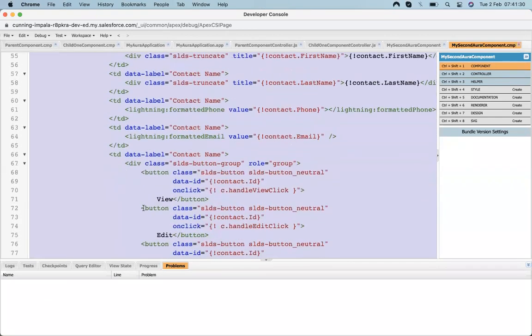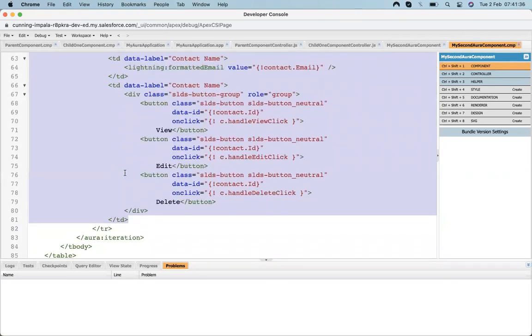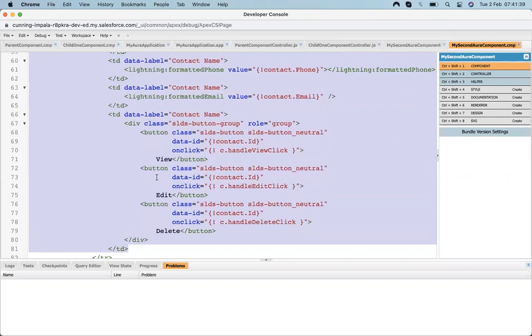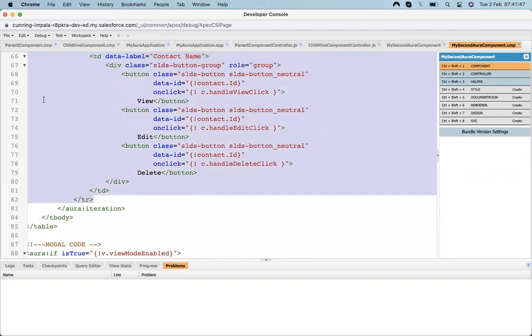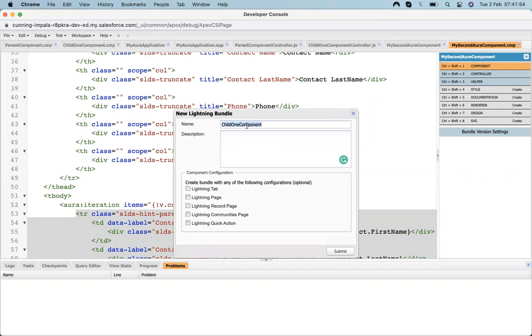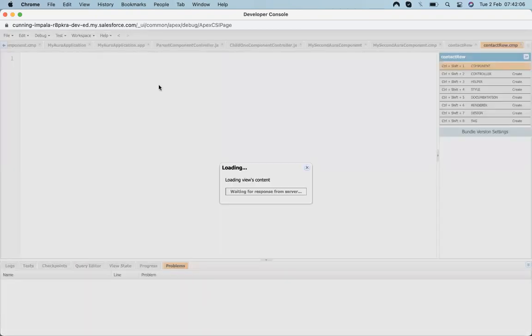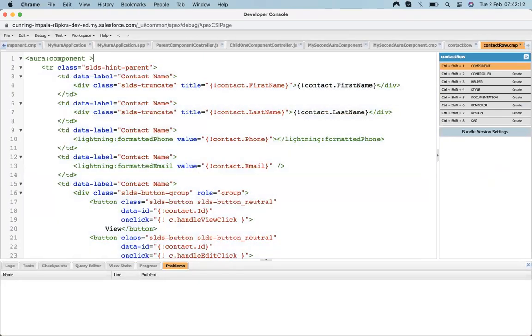Let's have an example of this component. We created this component, view, edit, and all those things. Let's create one component for that. What does it need?